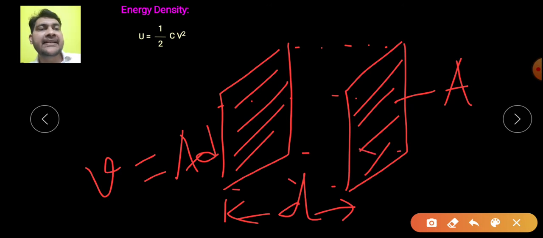So what is the energy density? Energy density is energy stored divided by volume of the capacitor. We replace C equal to A epsilon naught by d, and we replace the potential difference V as electric field multiplied by gap. These are important relations we have already derived. This is the capacitance of a parallel plate capacitor when there is no medium between the plates, and this is the expression for potential difference between the plates. Here E is the electric field intensity, which is sigma by epsilon naught, and small d is the gap between the plates.